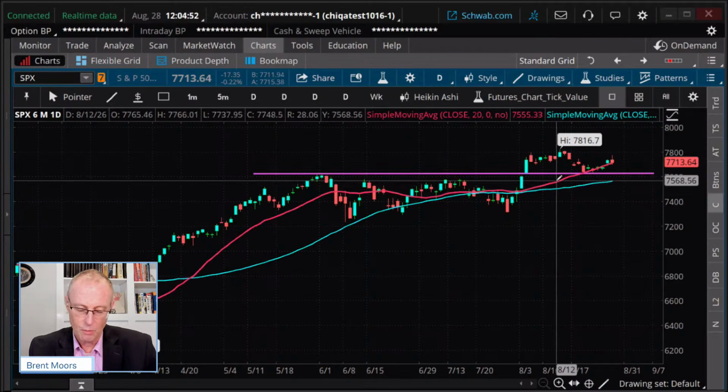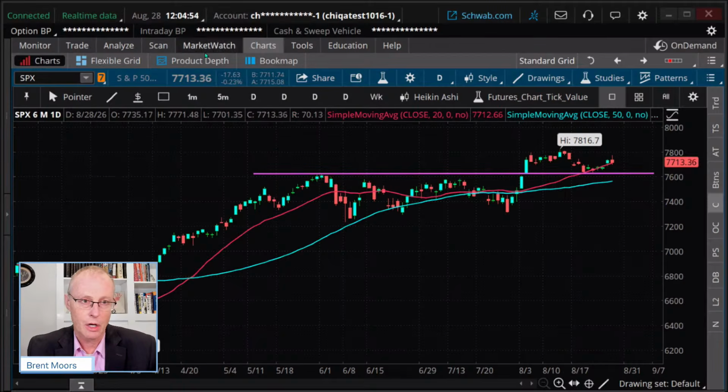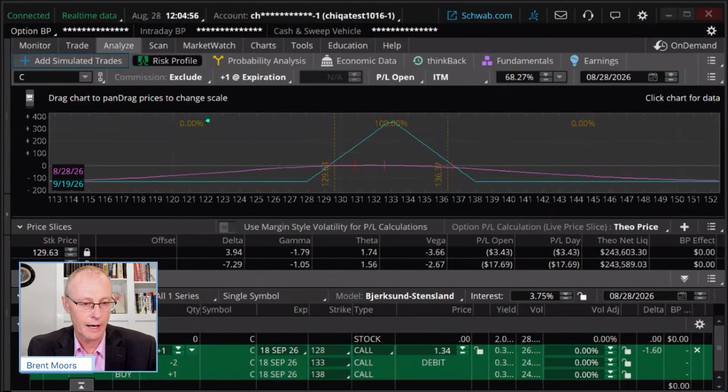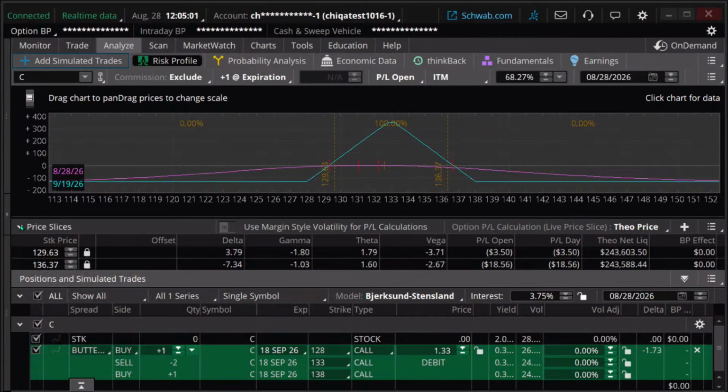So we're talking about a skewed butterfly spread. What I want to start off with is not a skewed butterfly. I'm going to start off with a traditional butterfly spread here, okay? With the traditional butterfly spread, this is on Citigroup.